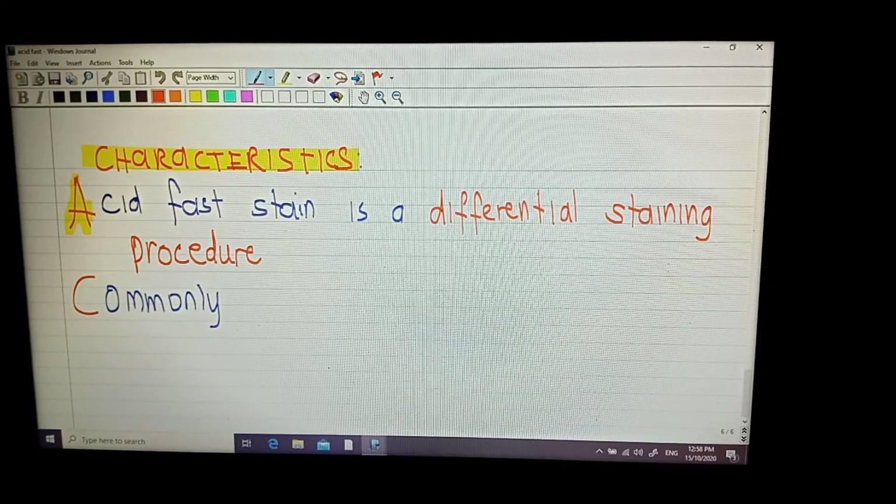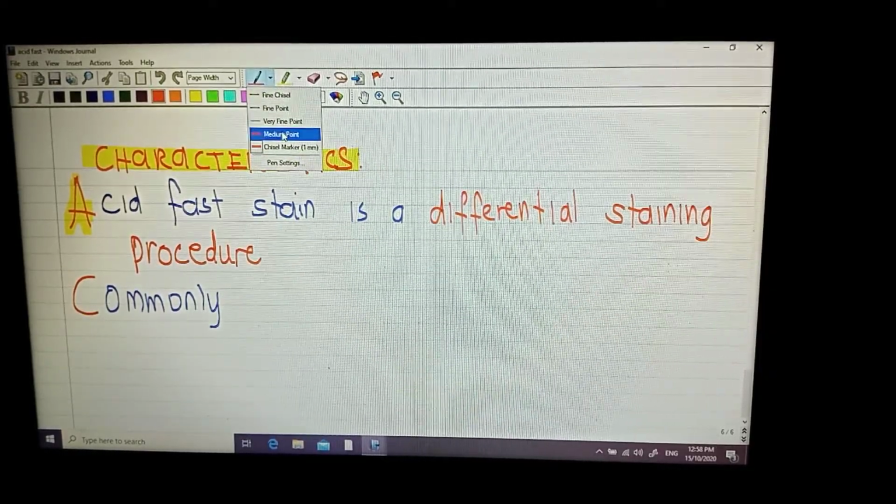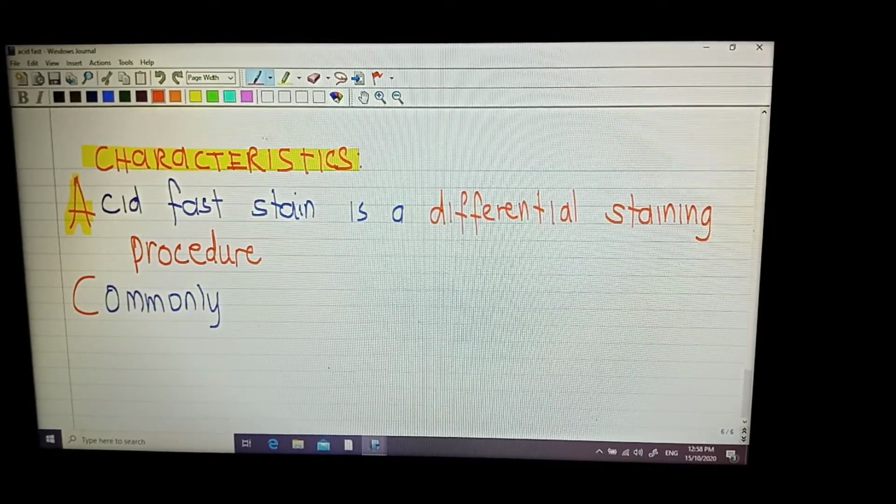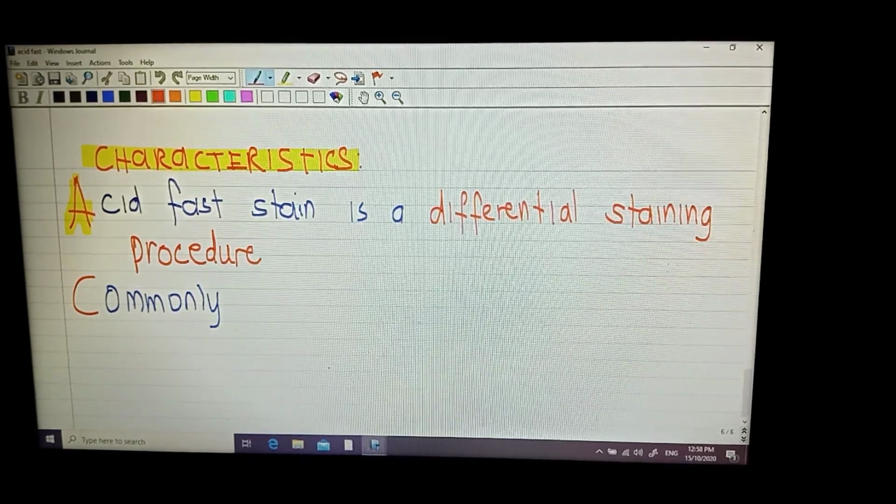Okay, let's continue our discussion about the characteristics of your acid-fast stain. First, we have your letter A. Acid-fast, again, is a type of differential staining procedure. There are two types of differential staining procedure. We already discussed your Gram staining. The other one is your acid-fast. Acid-fast is a differential staining procedure that is commonly used